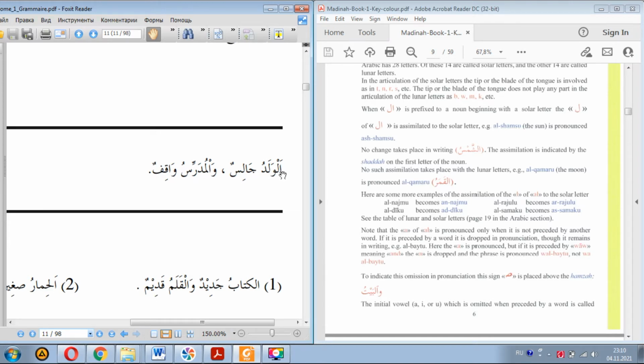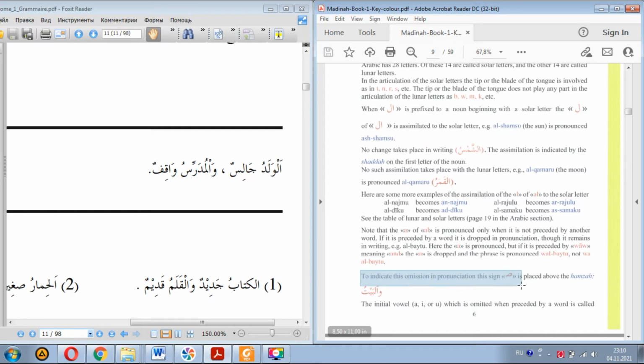الولد, الولد. I'm not saying الولد, but الولد. I pronounce every single letter here because it's not preceded by another word, but here we have another word, and therefore this alif is not pronounced. الولد جالس والمدرس واقف. And here it states that to indicate this omission in pronunciation, this sign